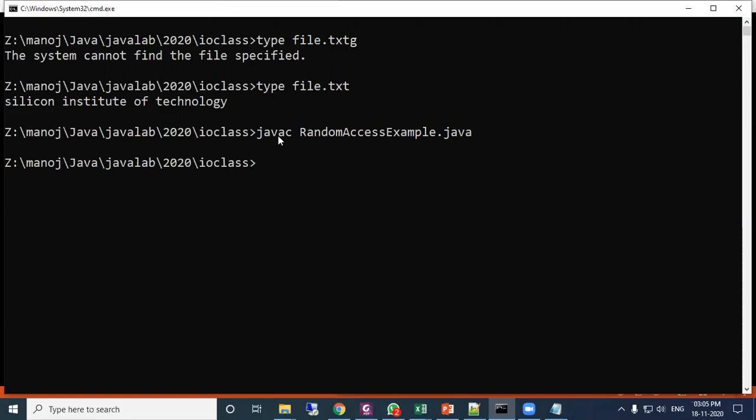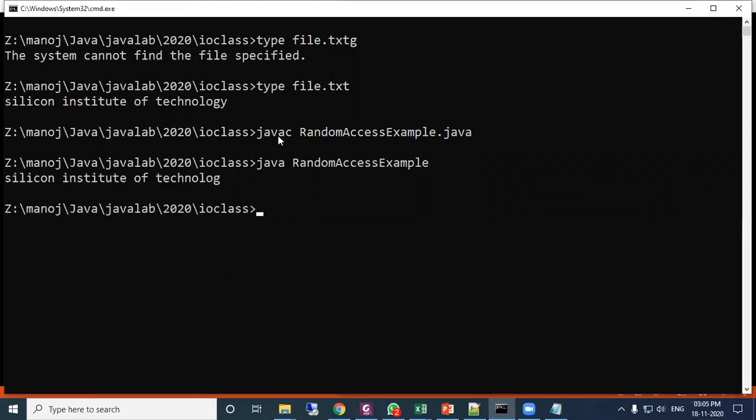No error. Then, okay, so it is showing similar output, Silicon Space Technology, because I was trying to read 30 characters, 30 bytes of data.